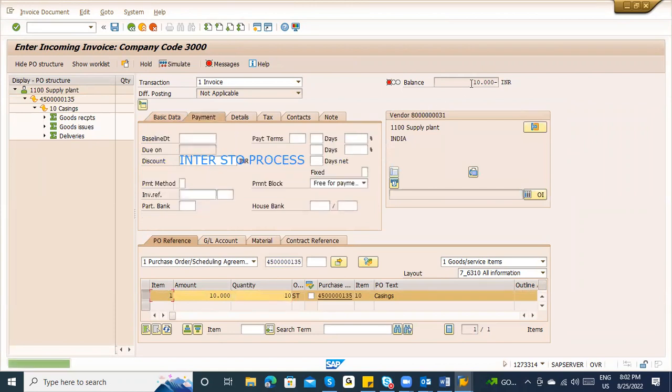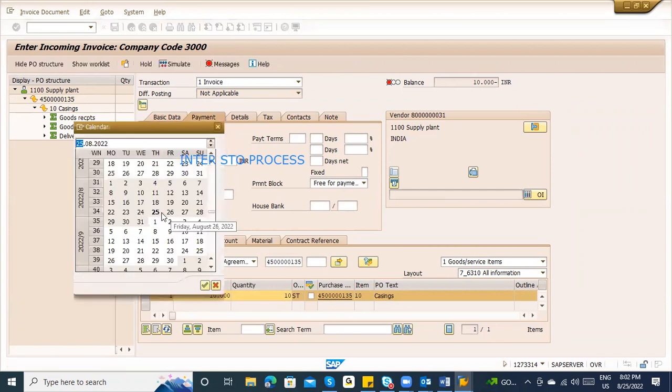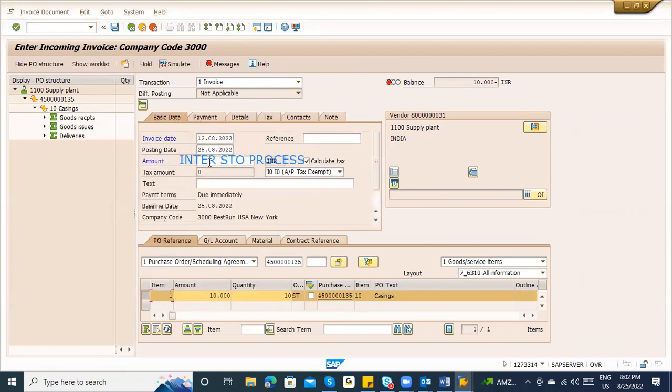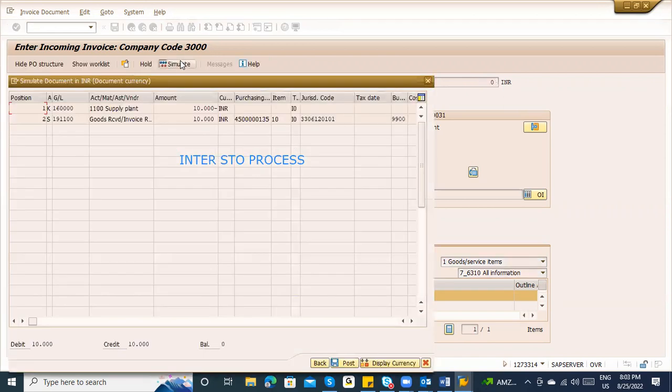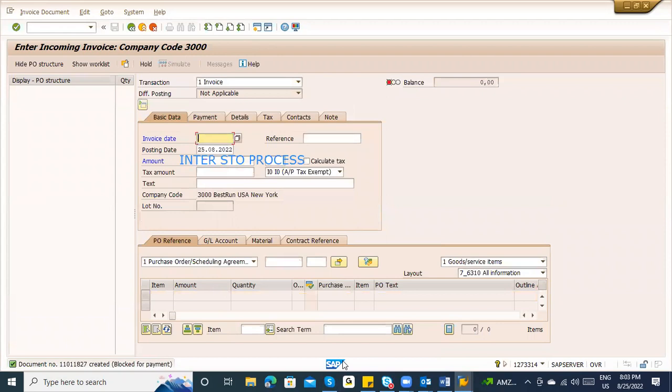Then if any tax code is there, you can enter it, and when you are planning to pay the amount, the baseline date, payment date, enter the details here and post the invoice. It's the normal process of how we do the P2P cycle. On the same day we create PO, GR, invoice from our side, the MM side, and from the SD side they create delivery, PGI, billing on their side. Okay,